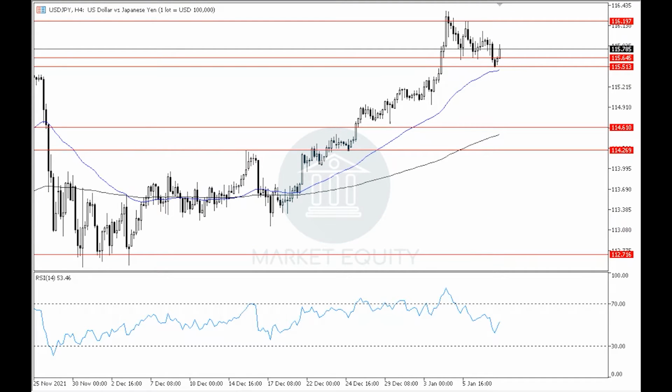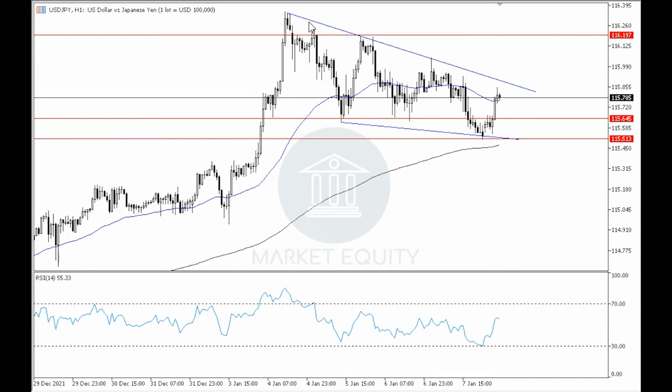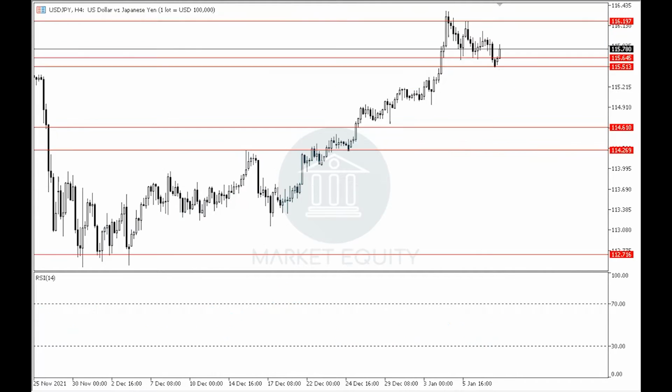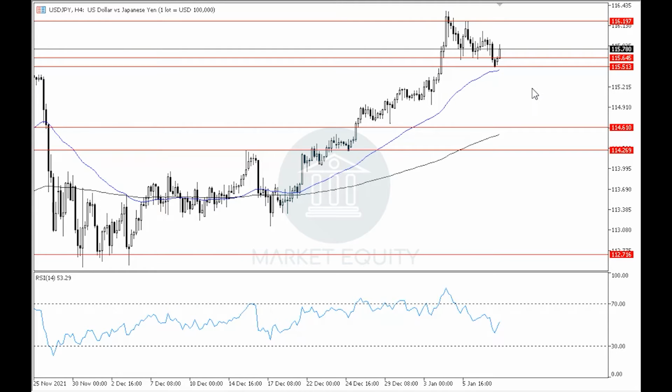And if we notice the 1-hour time frame, we can see that it has recently formed a falling wedge, which supports the probability of breaking upwards to the upper boundary of it in the 1-hour time frame, which in turn, as we said, will support the continuity of the uptrend as well as the targeting of around level 116.20, then